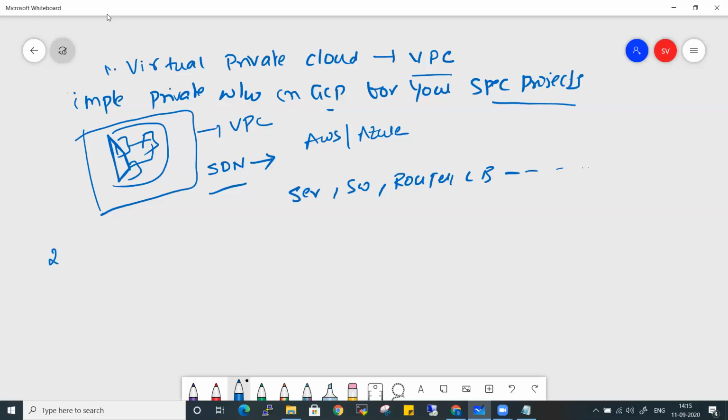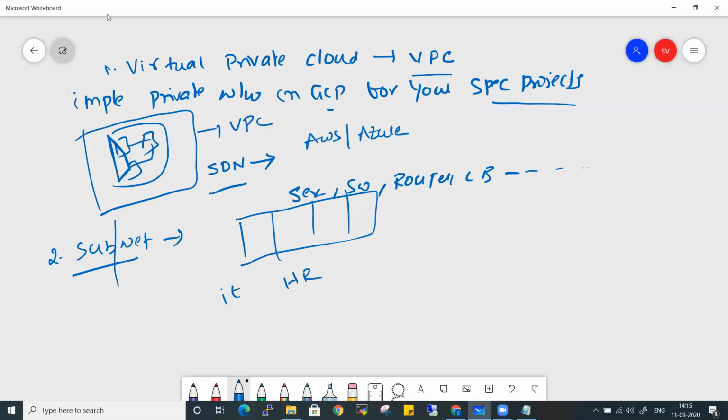The other topic is subnets. What exactly is a subnet? The name itself defines it, right? A subnet is a logical network that is partitioned from a bigger network. For example, if your office has a bigger network, for every department, let's say the IT department, HR department, or transport department, you will be creating some sort of subnets in order to make sure they all are under your umbrella, but they have their own network.